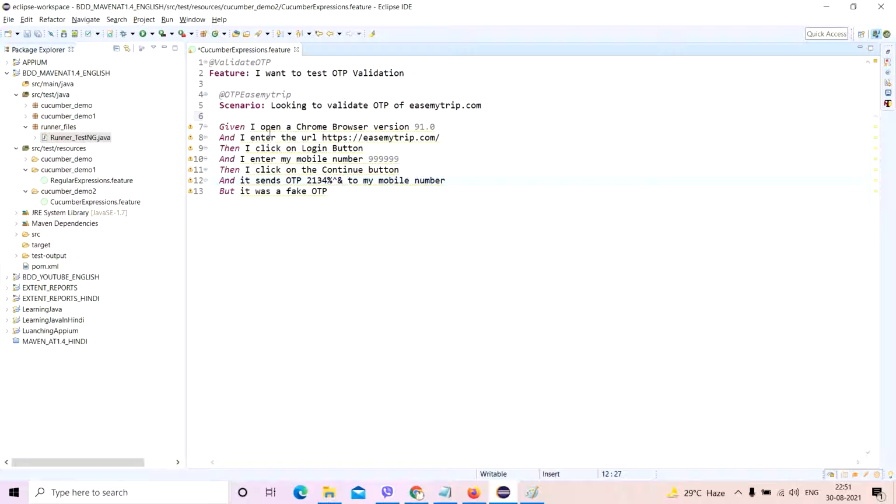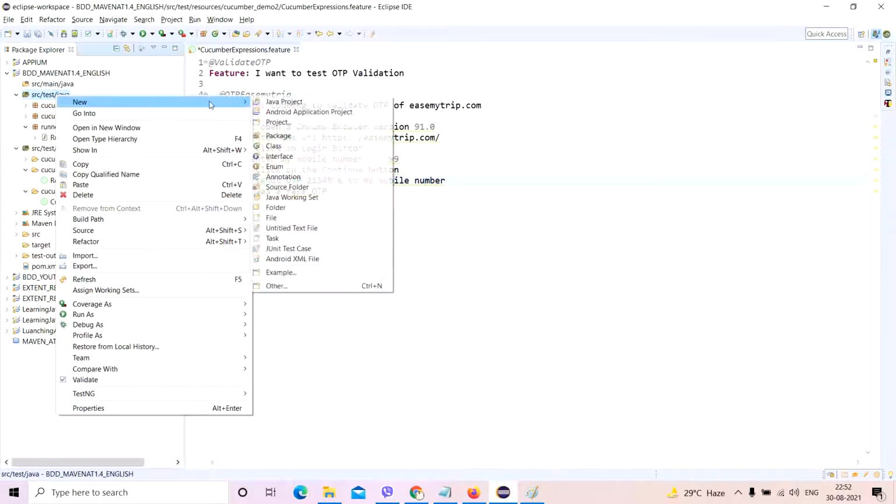So what I'm going to do is the matching glue code. I have to write the step definition for this particular feature file. I have created Cucumber demo 2, so I need to create a package.